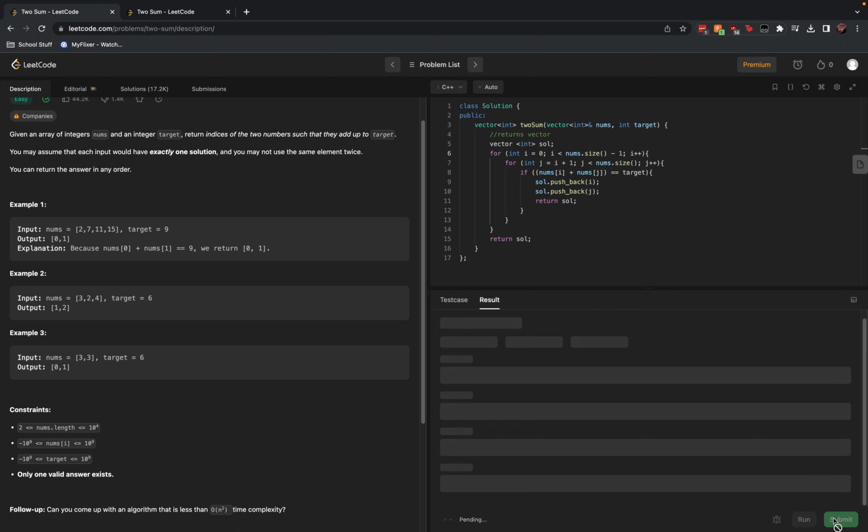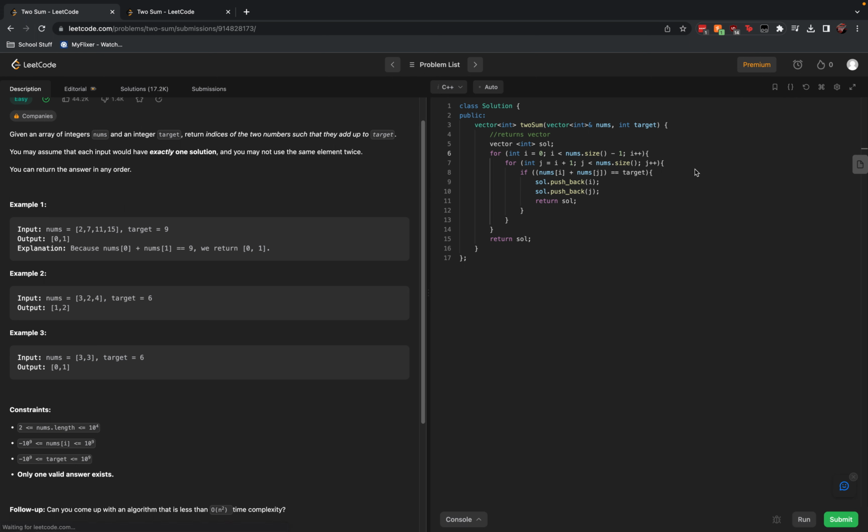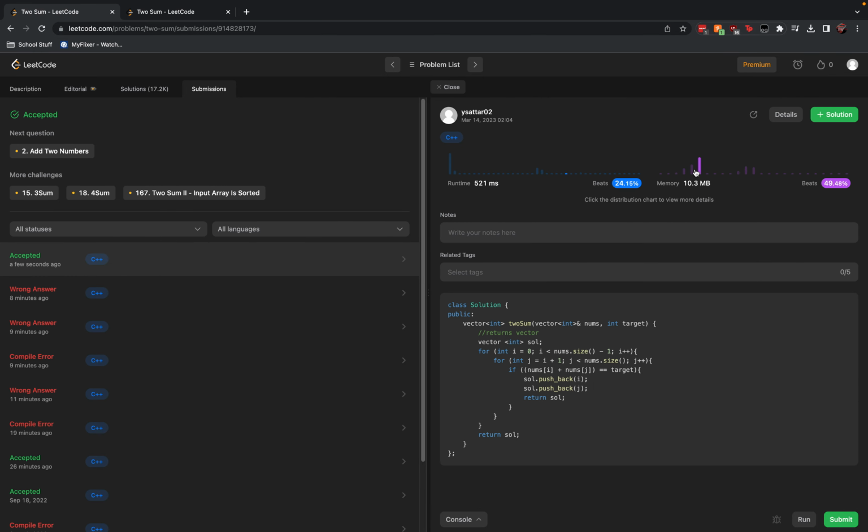As you can see, the code works, and I will submit it to be run through all the test cases. And there we go. Ignore these older ones, I was messing around, but it's a pretty fast answer. It's probably not the best way to do it. I'm sure there are better ways to do it,